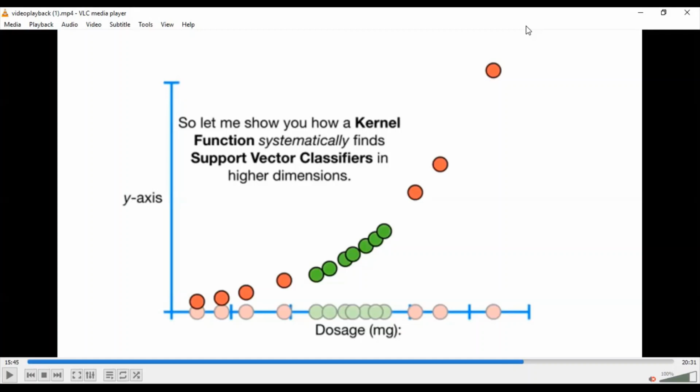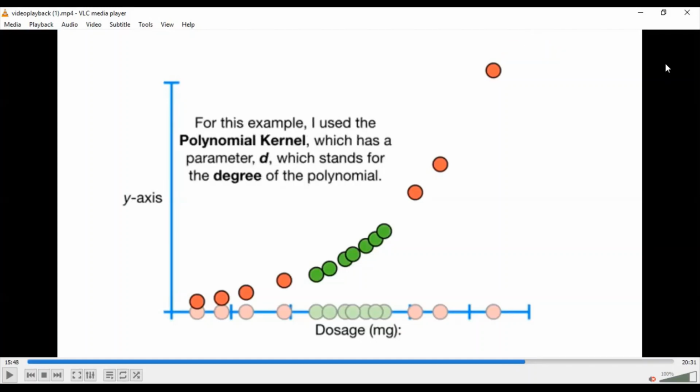So if d is 1, it means x. If d is 2, x square. If d is 3, x cube. Similarly, this particular function that we used, in which we made y equal to x square, is a polynomial kernel. It can be x cube, x to the power 4, x to the power 5, to whatever it can be. There's one more which is really commonly used, and that is called